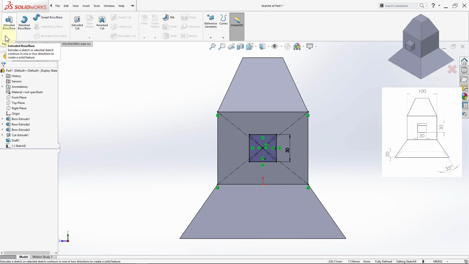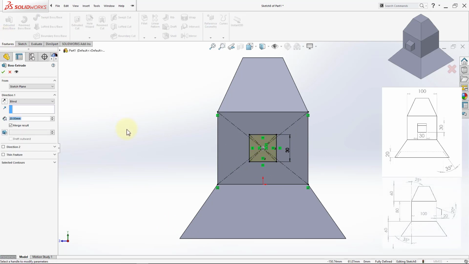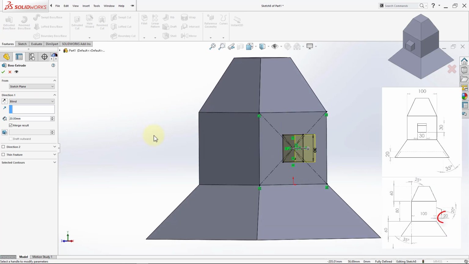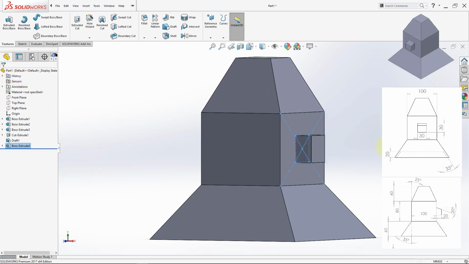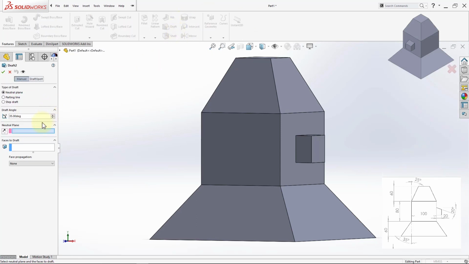So now back to features, extruded boss, and this is extruded by 20 millimeters as per the drawing. So we're going to go ahead and click OK. Now we're going to go ahead and apply this cut or this tilted surface on the side, and to do this again we will use the standalone draft feature. So if we select draft again, the angle is 20 degrees, so we're going to go ahead and select 20,